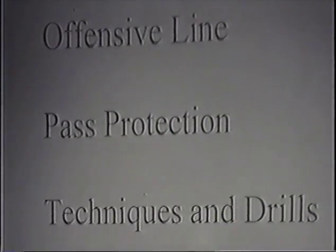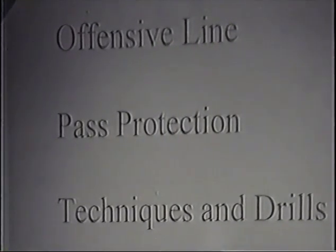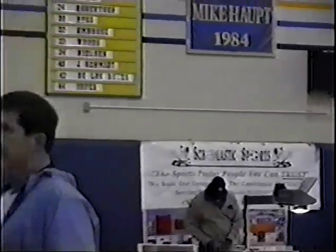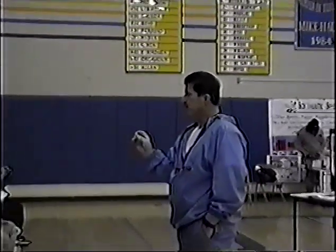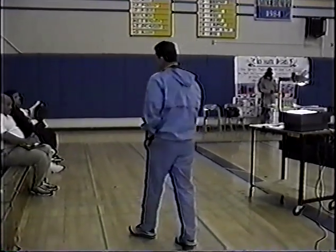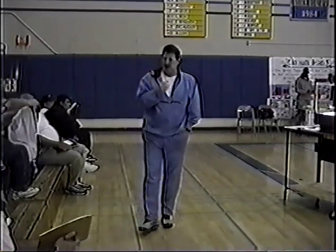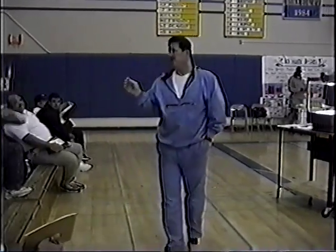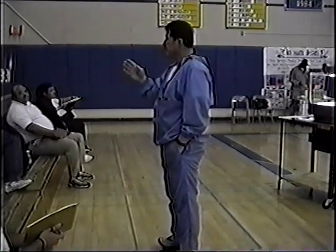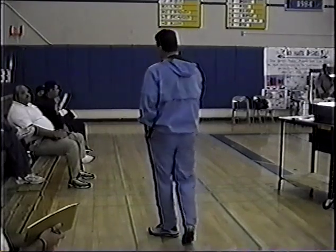All right, guys, let's go ahead and get started here. This morning we're going to talk about some offensive line techniques concerning pass protection. I don't care again what level you're at. This is one of the hardest things for offensive linemen to master, and I really think that not a disproportionate amount of time has to be spent, but you have to have the right style of teaching. And what I'm saying is basically this: